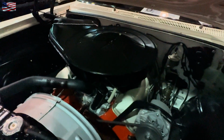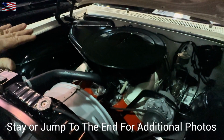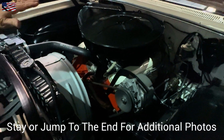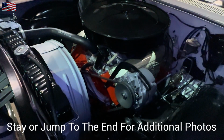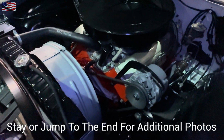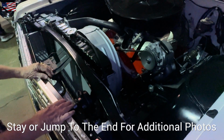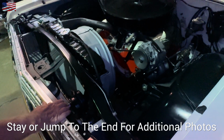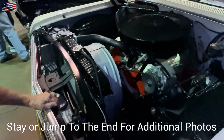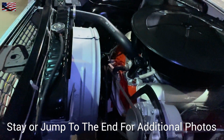Well, it came with the Z11. They made 50 Z11s in 1963. Okay. And that was one of the things, the cowl induction. Of course, the most famous part about this is that it comes with aluminum fenders. I saw that on the 62. Was that your car as well? No, okay. That's restored by the same guy. Okay. All the Z11 has aluminum fenders, aluminum hood,